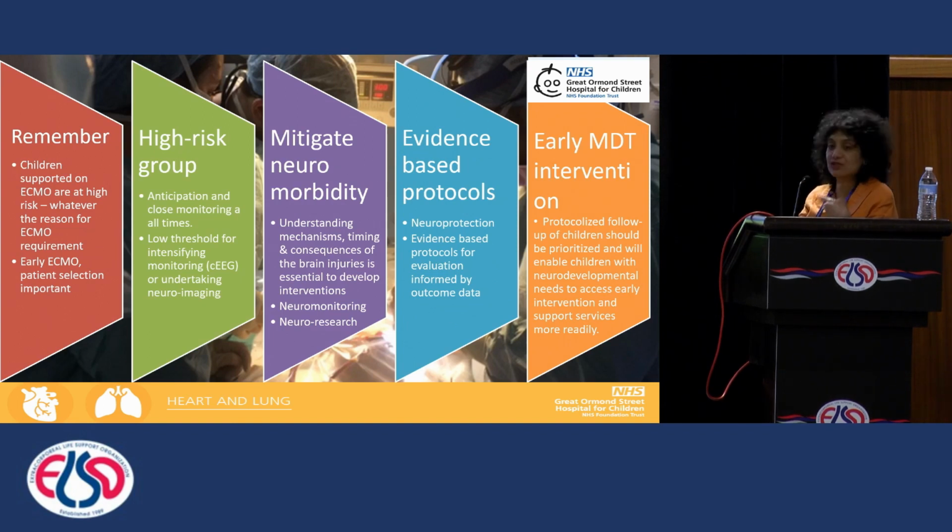So neuromonitoring, neuroresearch is important to mitigate neuromorbidity. We have to develop evidence-based protocols for neuroprotection, and these protocols have to be evaluated and informed by outcome data. And finally, you have to have robust, protocolized follow-up